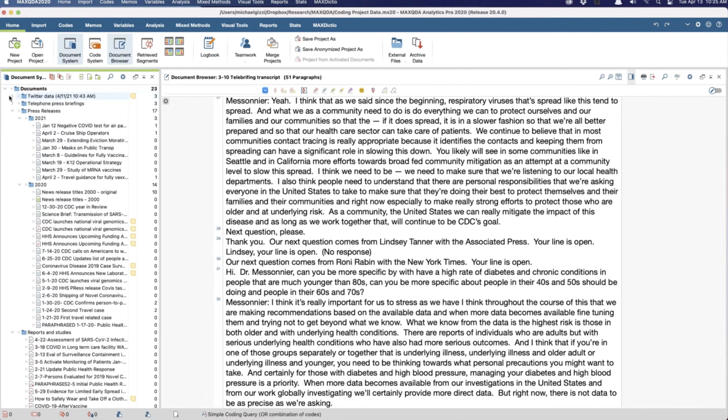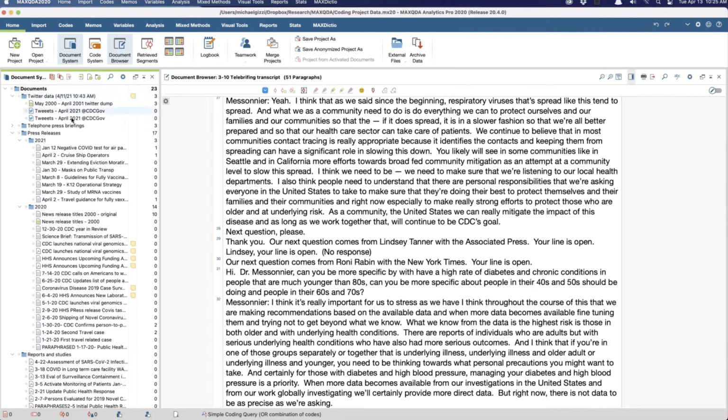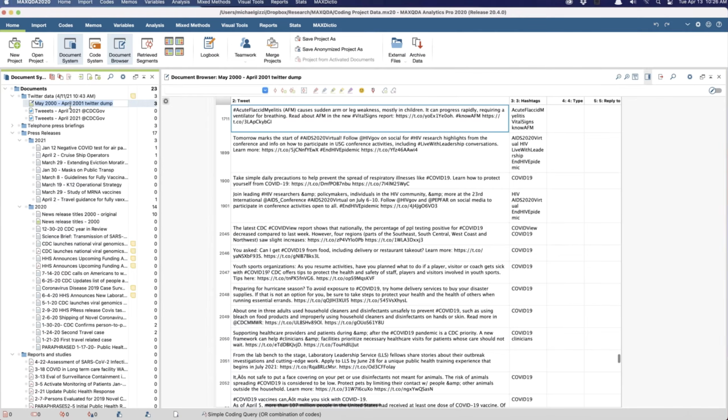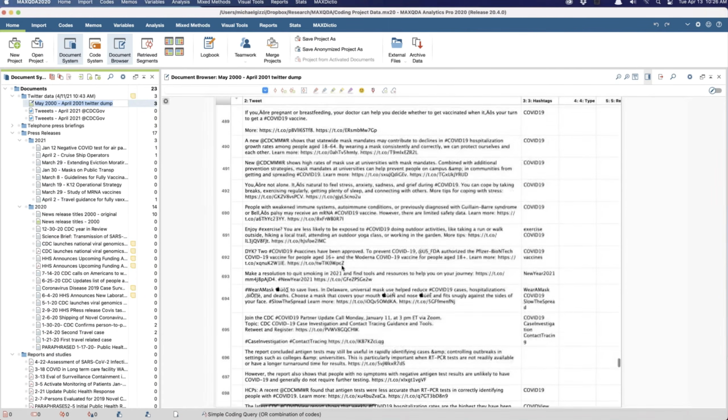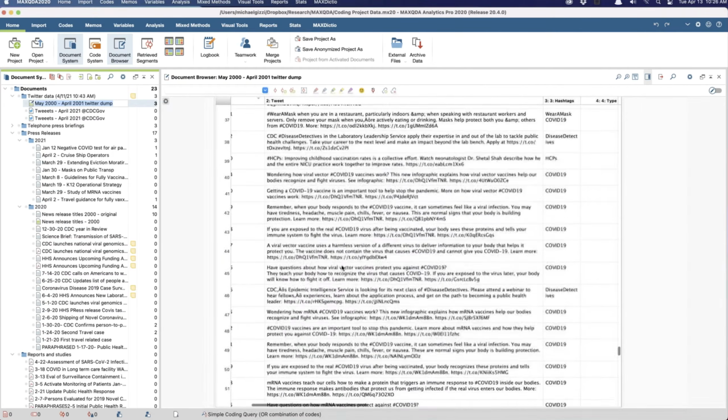I also looked at the process of importing tweets from the account CDC.gov, and I used the Twitter tool, although that's fairly limited because it only gives you the last 7 days. So I had a friend help, and we used an R script, and we downloaded all of the tweets from the CDC since his account allowed us to go back to May, and so we have over 2,000 tweets.